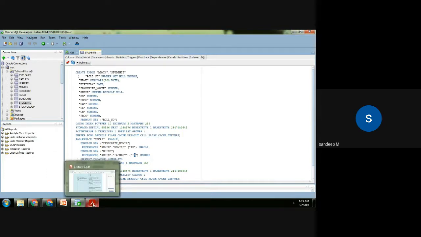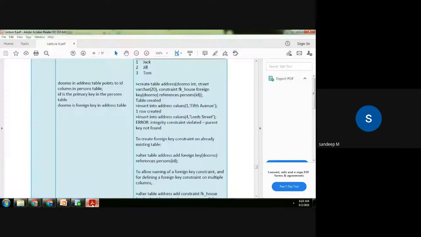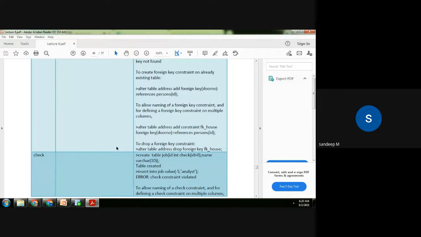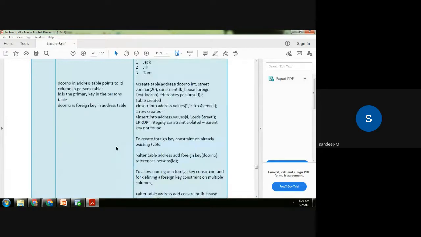Why is it important? Say for example, that particular faculty has resigned and is gone, it's no more. Now there are students allotted to that guide. You have to reassign them. So the database should not allow deletion of the faculty unless we do some reassignment. Those sorts of things are very important to maintain the referential integrity of databases. So we'll also look at that example.